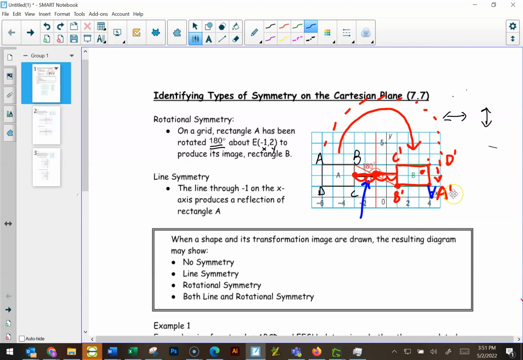So just by me taking my notebook and spinning it around while holding my finger on that A point is really all that I did. I convinced myself that I made the right choices as to which points need to end up in which place. A prime, D prime, C prime, and B prime are all in the right place. So you can either track a couple of points using the first method, or if it's lined up nicely,